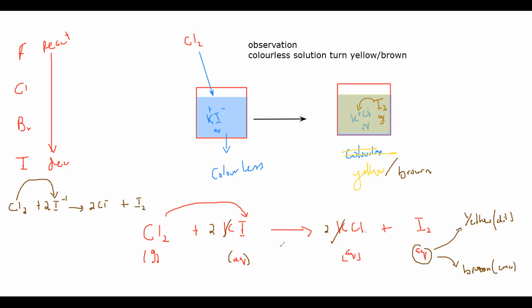Why can we not cancel the iodine? Because here we have an iodine molecule and here we have an iodide ion. So you can cancel ion with ion, but you cannot cancel ion with molecule. So these two cannot be cancelled. That's wrong. If it was iodide ion, both